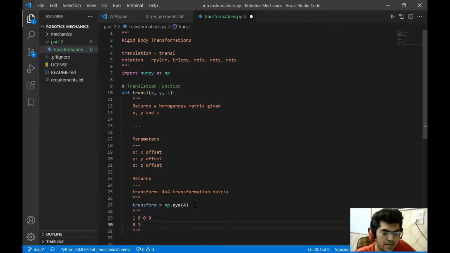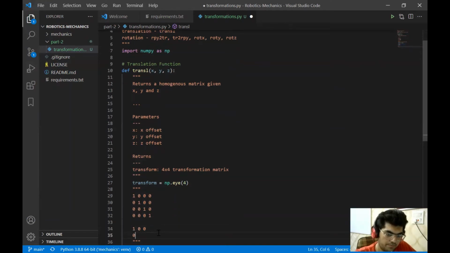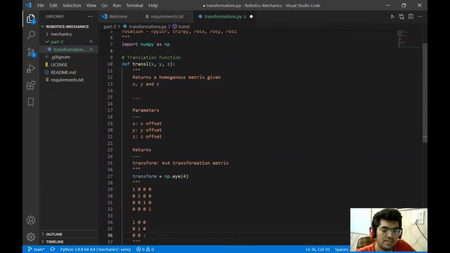So this is the structure of an identity matrix that we're going to get. Now, this is very similar to the transformation matrix that we are going to get. So when there is zero rotation, like we just need to translate an object, the value for the rotation matrix is simply this 3x3 matrix. Well, why is this? Because the rotation matrices consist of sines and cosines of the angles. So once we put in zero value, we just get this matrix. Well, this is just an identity matrix. This means we do not need to apply any rotation to our object.